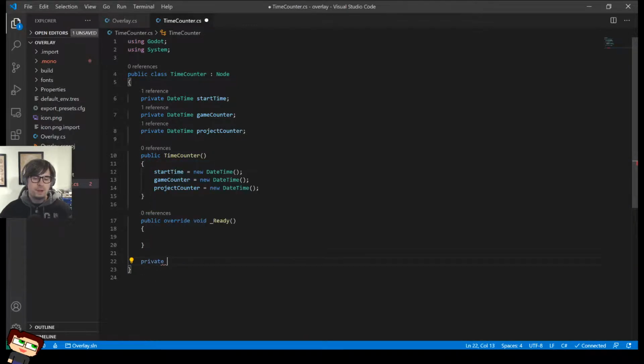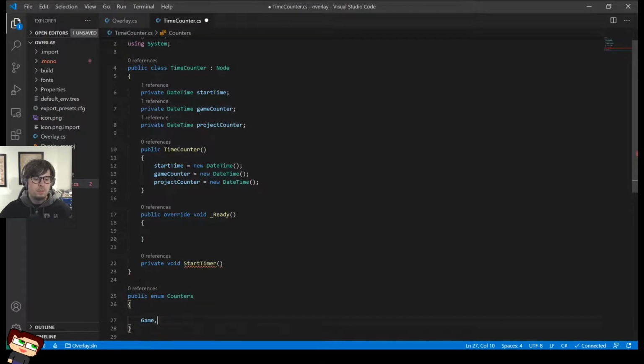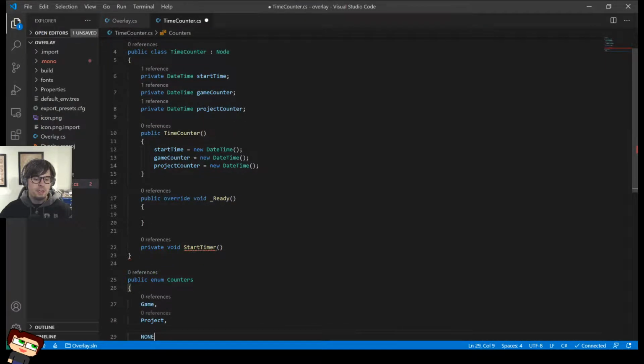Let's start with this private void start timer. And then we're going to actually do this right in here, public enum counters. How about that? We'll call them counters. Just to make it easy, one's going to be game, one's going to be project, one's going to be none.